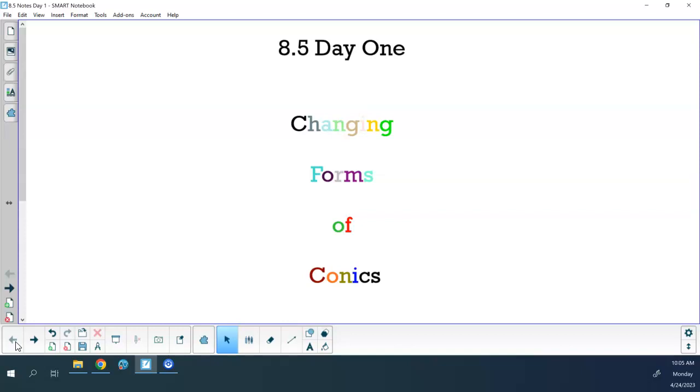So we're going to do changing forms of conics this week. Formative this week because we had a quiz last week. So we'll do formative on the alternating system. Next